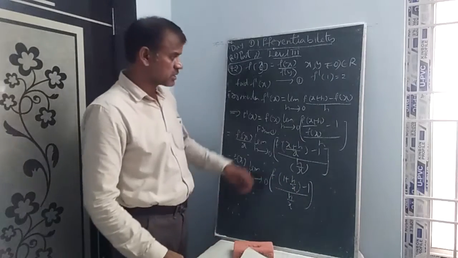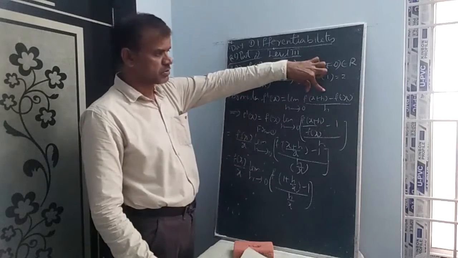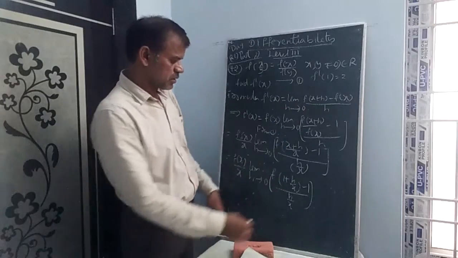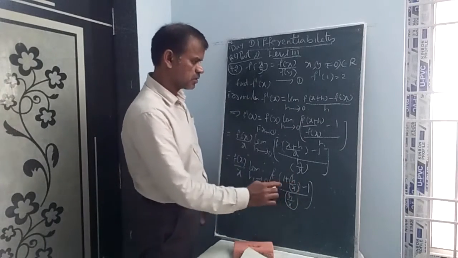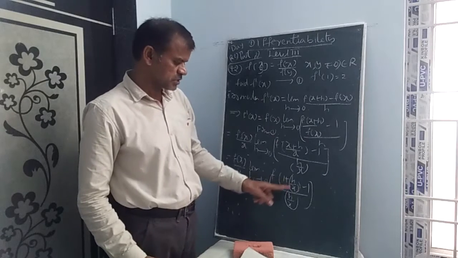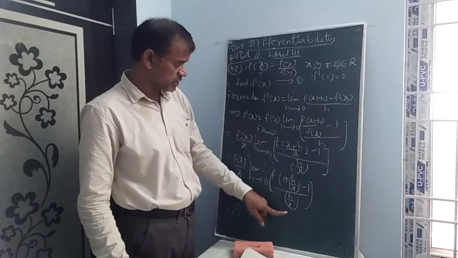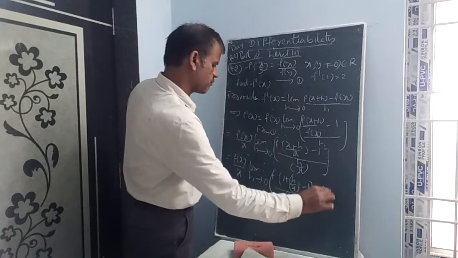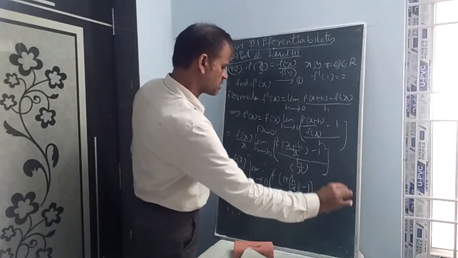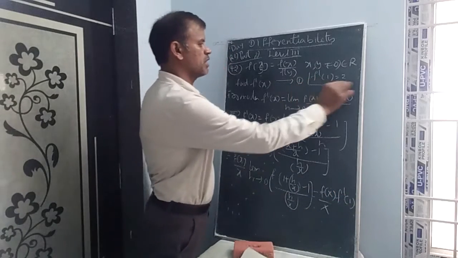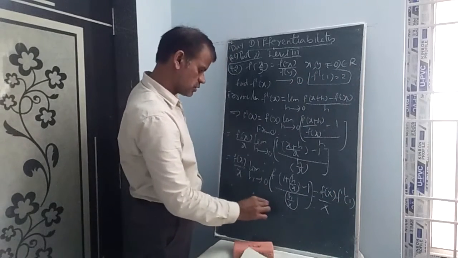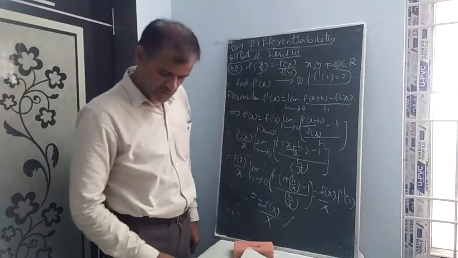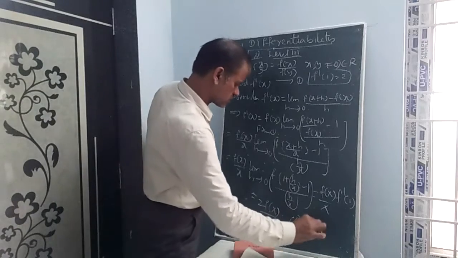You can understand this as the formula f of x plus h minus f of x whole by h, where x plus h means 1, so h means h by x. Whatever value exists here exists there, so this is f dash 1. So that is equal to f of x by x into f dash of 1. F dash of 1 is given as 2. So the answer is 2 f of x by x. Option 4 is the correct answer.